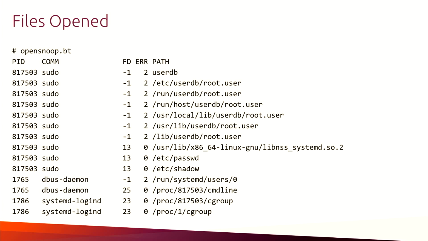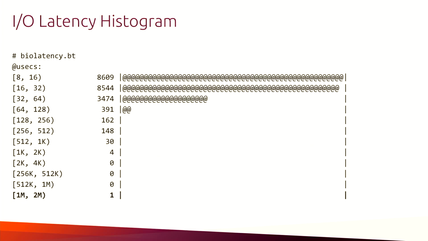One of the other nice things we can do with bpftrace is we can start to summarize information. So instead of transferring out of the kernel into the user space analysis tool every operation, we can send only a summary. And here's an example of that. We're looking at the I/O latency of every I/O request to a disk on the entire system for every process, but rather than just an average, we're now bucketing it with a histogram. And so in this example,